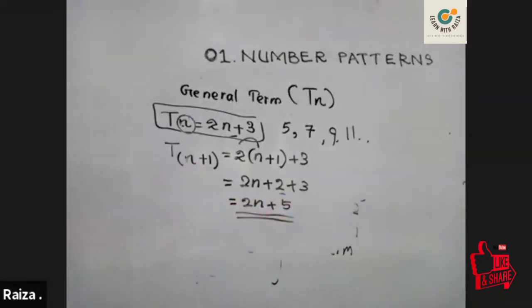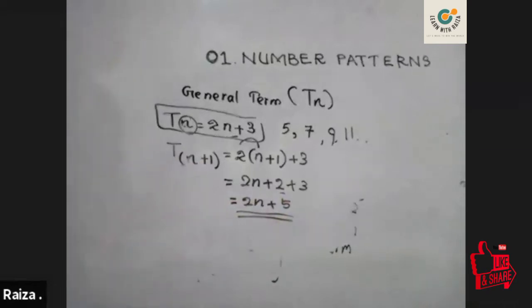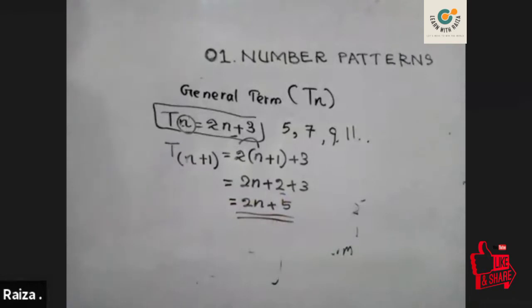So don't worry that you don't have a value for n, because they asked to find it in terms of n. If they had given, for example, n equal to 3, you can substitute n as 3 and get the answer in numeral form as well. This question is very common in your exam paper. So try to understand that, and let's practice more questions.